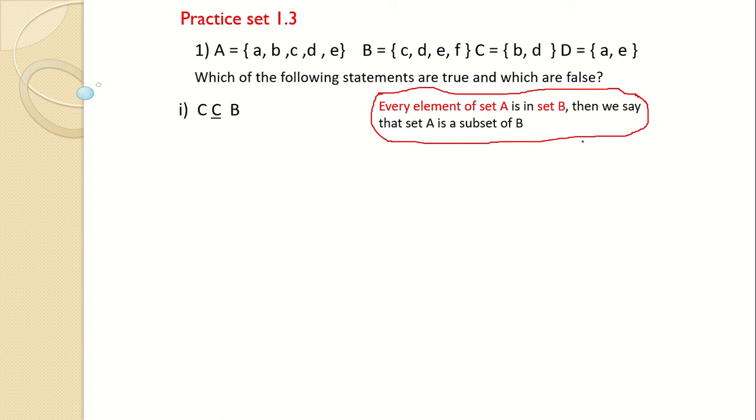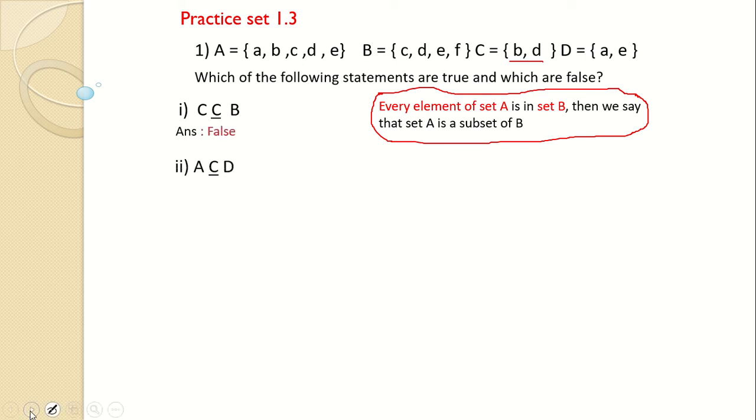I've put it here so that for every question it is fixed in your mind. Now you just have to concentrate on B. Look at what elements we want: B and D. Just check if B is there. The first element B itself is not there, so it cannot be a subset. So we will say it is false. C is not a subset of B, so it's going to be false, right?